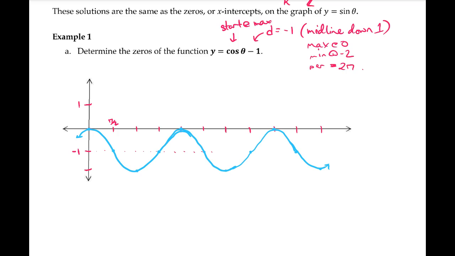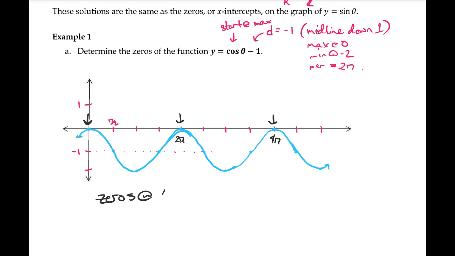Now I can determine the zeros. They're very straightforward because it's whenever my graph hits my x-axis. So here, here, and here. So 0, 2 pi, 4 pi. And we could assume that this is going to repeat. So when I go to say that my zeros in my function,